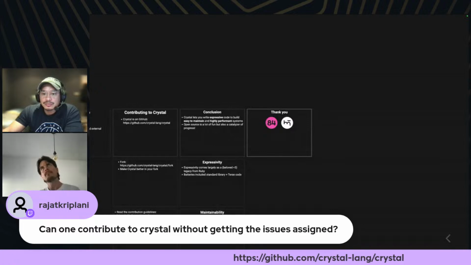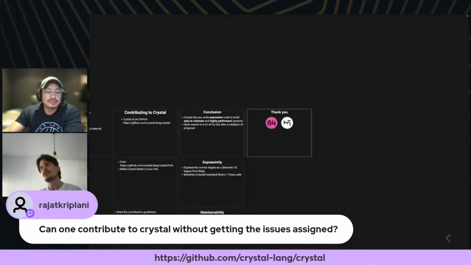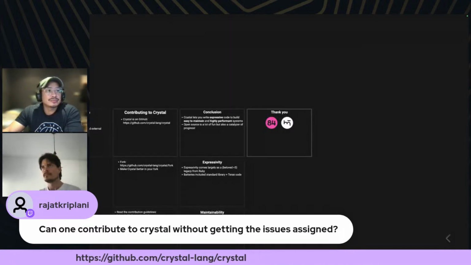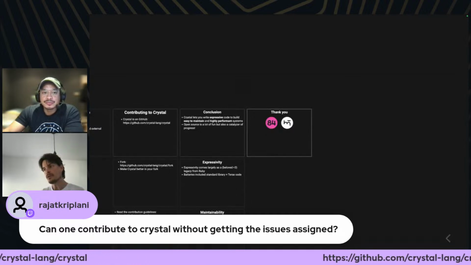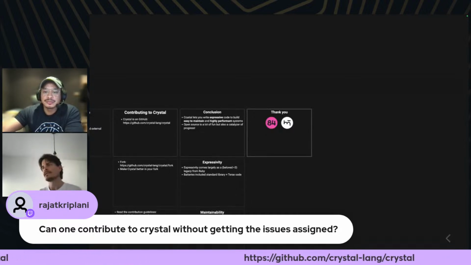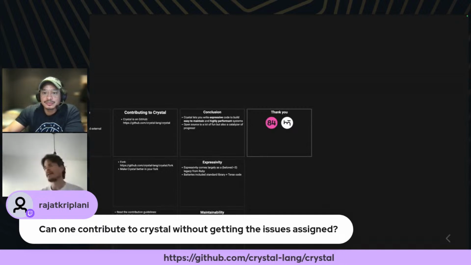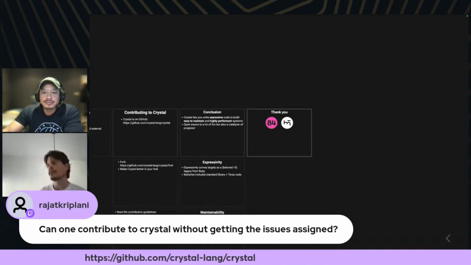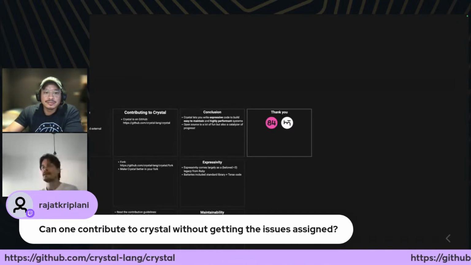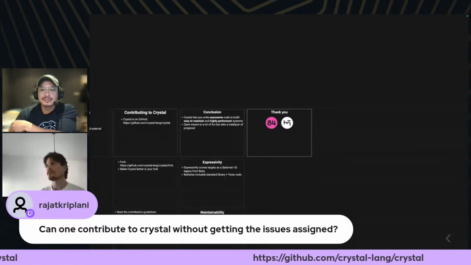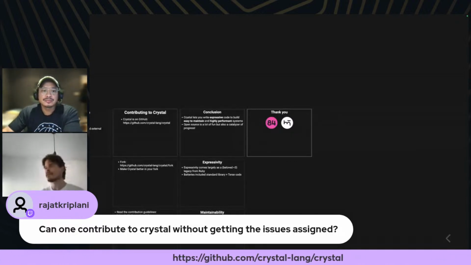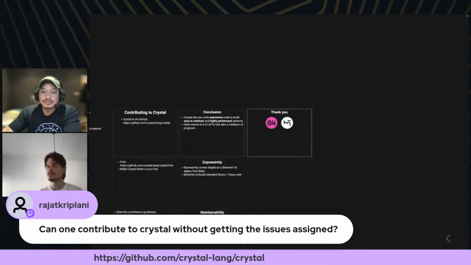Yes, but if you're going to do any significant change, it's better to start with the issue in order to get discussions on what's the best way to tackle that. Because you might do a lot of work, and then in the end, we might not be happy with the solution, and we think that another solution should be better or whatever.